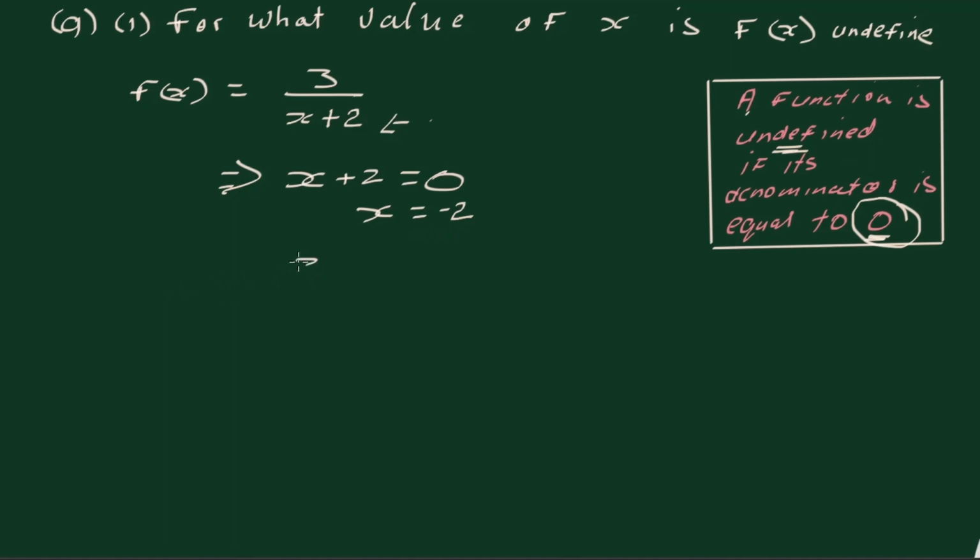We could look at it here. So it's 3 over, when x is -2, plus 2. We have a situation like 3 over 0. So in this case, the function is undefined because the denominator is 0. So to recap,